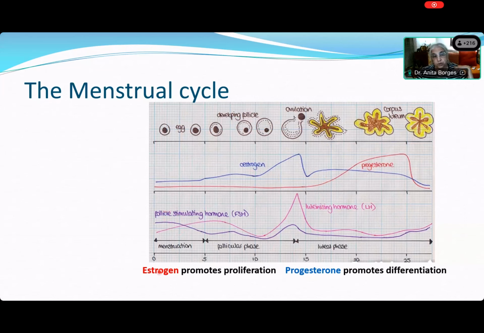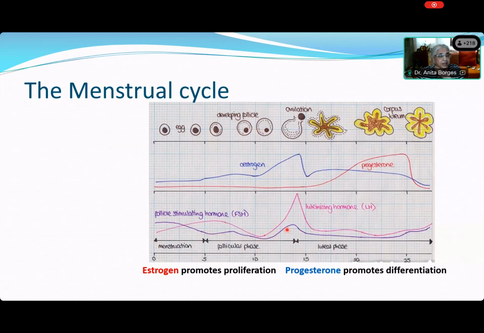So here it all starts in the pituitary. In the pituitary, you have what is called FSH, which is follicle stimulating hormone. This is the start of menstruation, and here we have what is called the follicular phase of the ovary, and then the luteal phase that happens in the ovary. At menstruation, you see that the follicle stimulating hormone is coming down. You'll see that FSH starts to rise in between menstruation. After menstruation, you will have high levels of follicle stimulating hormone, because it actually causes the development of the follicle.